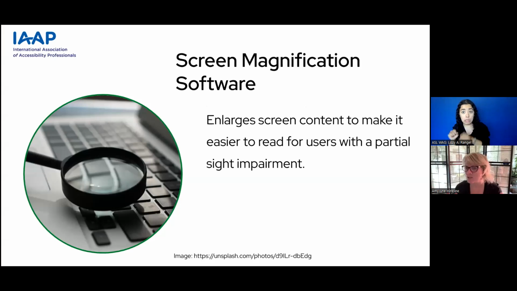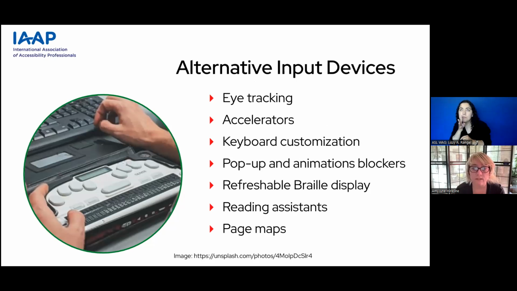Screen magnification software, I use this all the time. My default is plus 125 because my glasses, like I said, I have to plus every year to see that screen. And screen magnification is essentially its name. It's used to enlarge the screen content. So it makes things a little bit easier for us to read, especially if we live with partial sight, partial vision loss. It's used by people to enlarge the content, but screen magnifiers also sometimes have text-to-speech functionality as well.